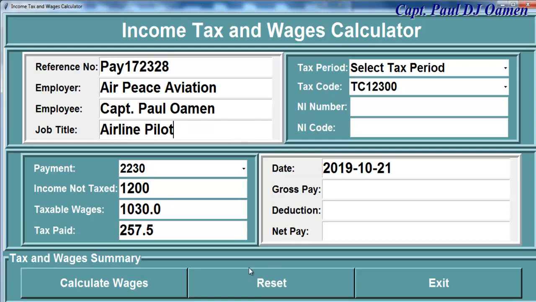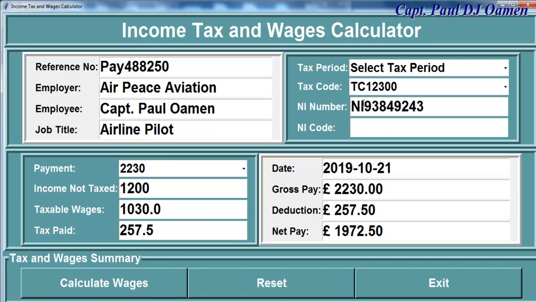And the next thing we need to do now, since we've selected the wages and so on, is to click on calculate wages. There, we need to enter the NI number, and NI code. There we go. So that's how the system looks like. So with that, I'm going to take you guys straight into Python development environment, and we'll put one of these